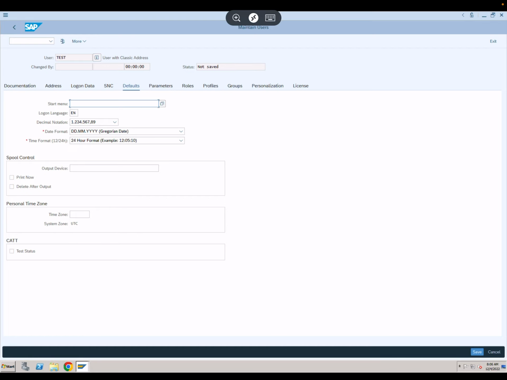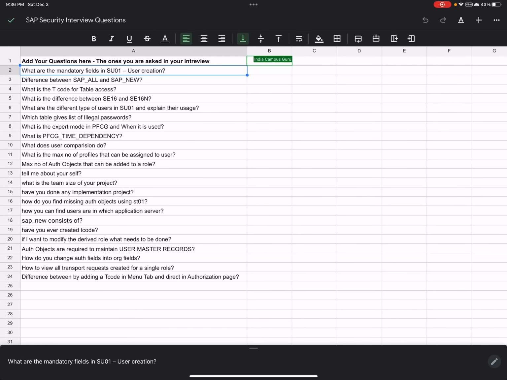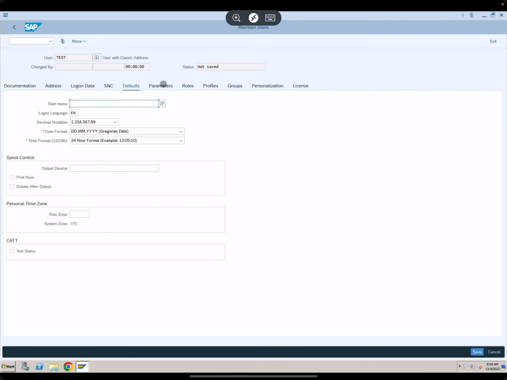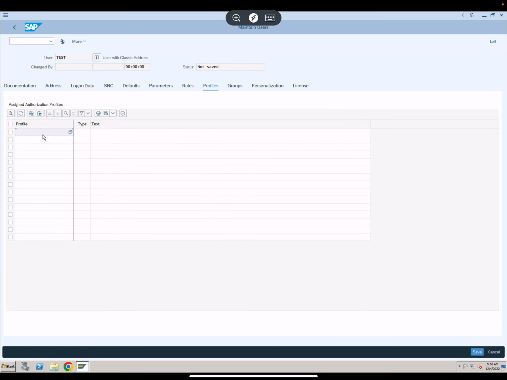Okay, so let's go back to the second question. All right, difference between SAP All and SAP New. So I told you, right, profiles, and I said don't assign SAP All and SAP New, right? So let's see what we see there. So yeah, these are two profiles,